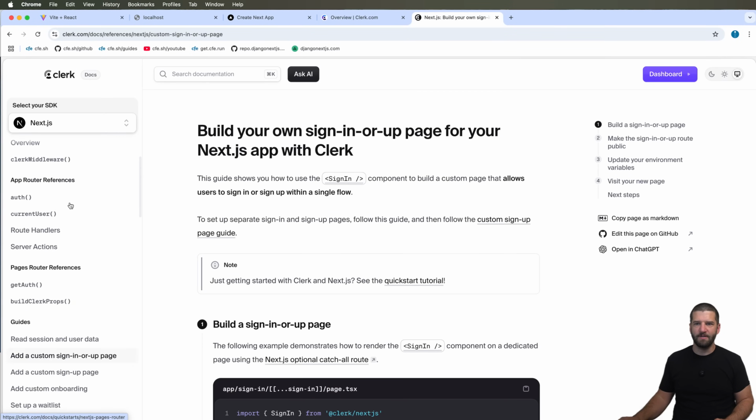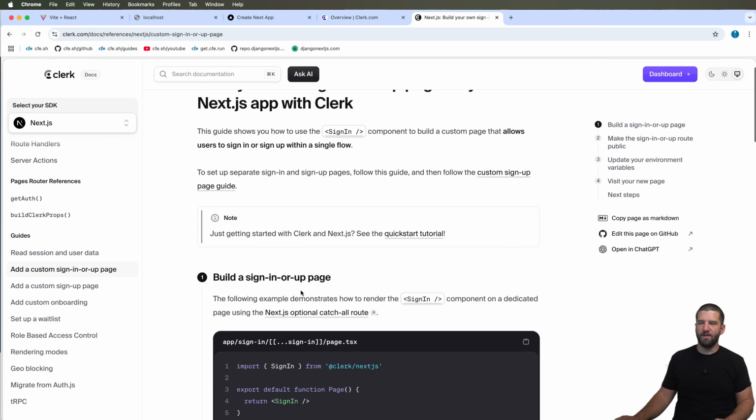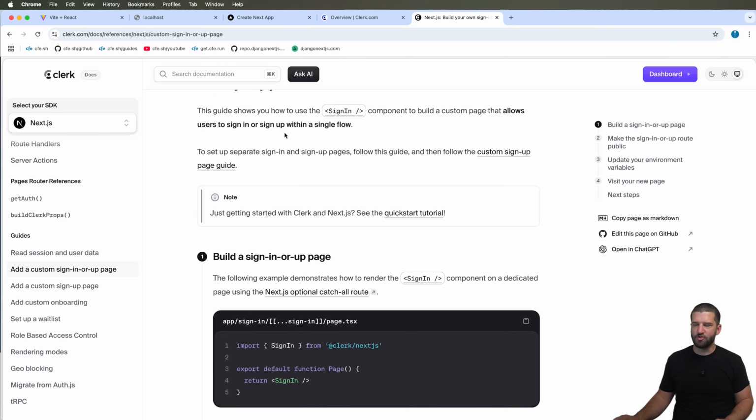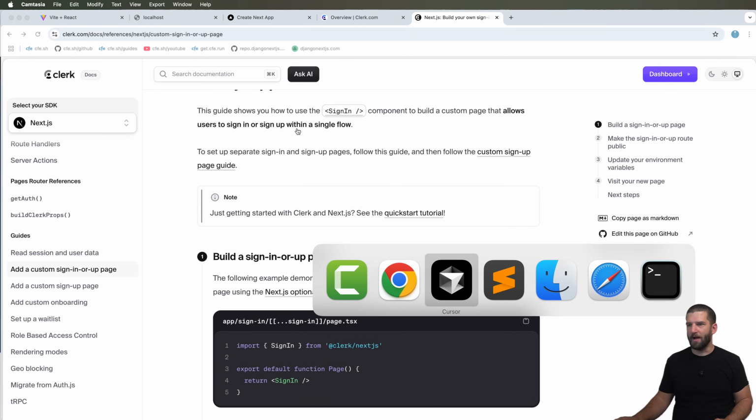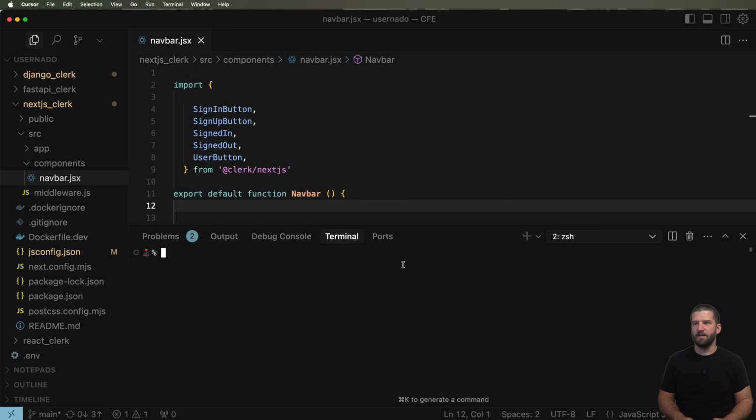Into the Clerk documentation, if you scroll on down here, you'll see this add custom sign in or sign up page. We're going to go ahead and build these things out. It's very straightforward. I'm just going to change the routes a little bit. So to make this happen, the first thing that I actually want to do in here is